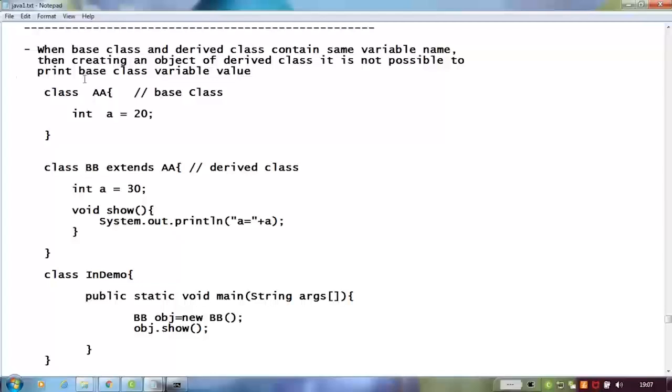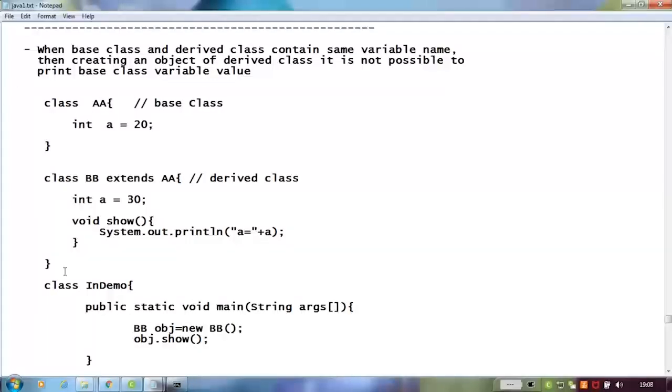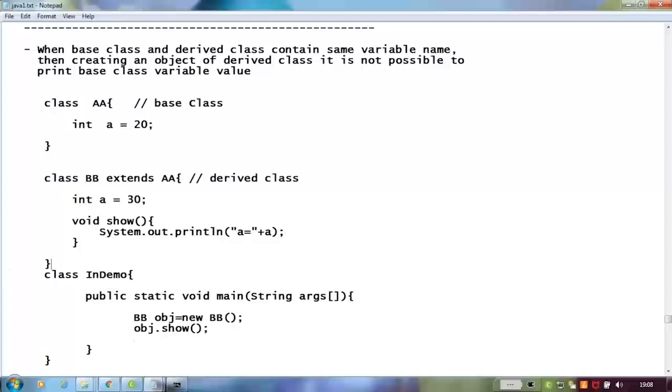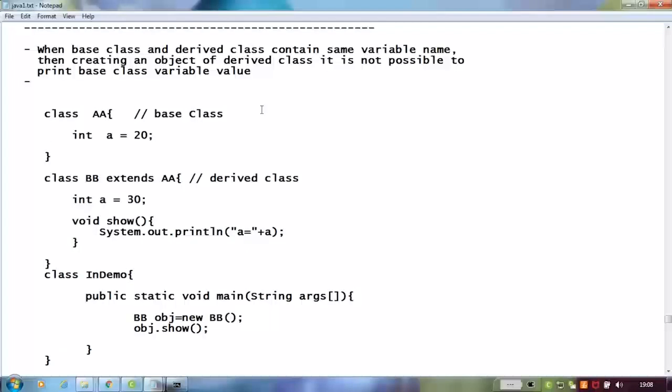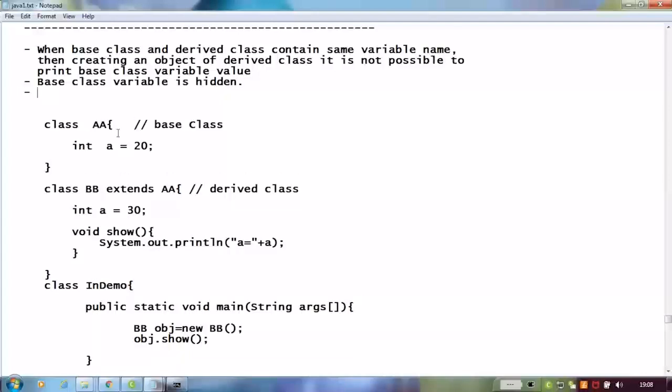It is not possible to print the base class variable value, because it is going to print your current class variable value. The base class variable value becomes hidden, right? So that means the base class variable is hidden. When variable hiding is a disease,